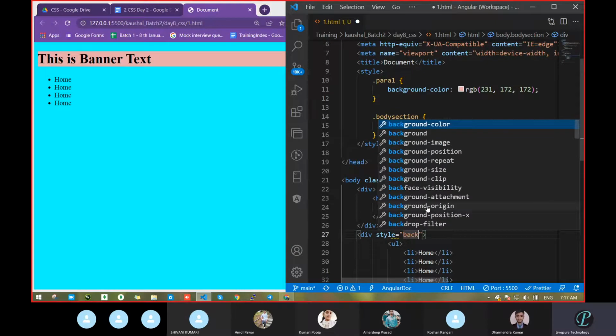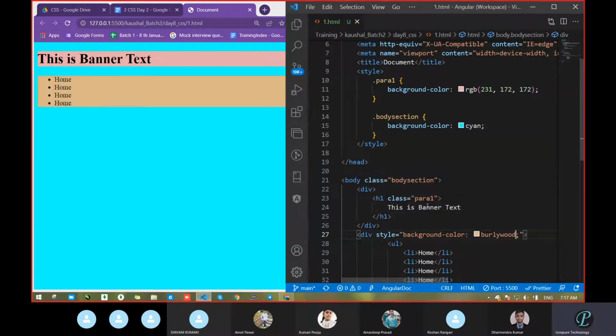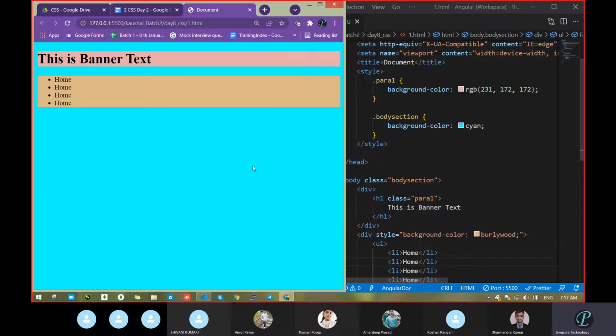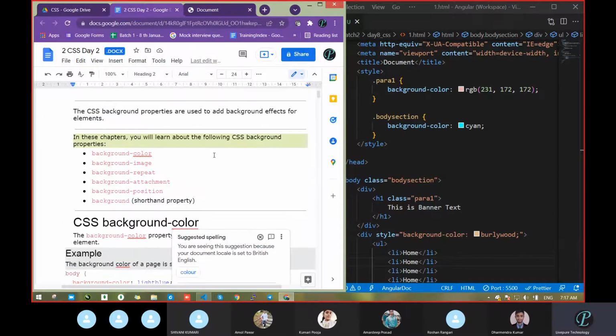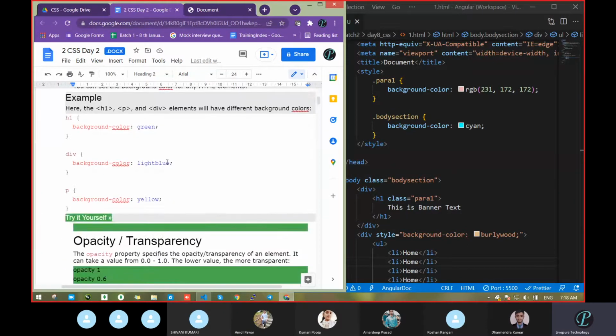Suppose background color here again we have to pass. Go with some color. No need to add the particular color that we are giving in the assignment. You can take any, but the section should be like that. Fine. So this way we can create our design. Anyone having any issue in background color? Anyone having issue? No, sir. No issue. Already we know the different ways of passing color.